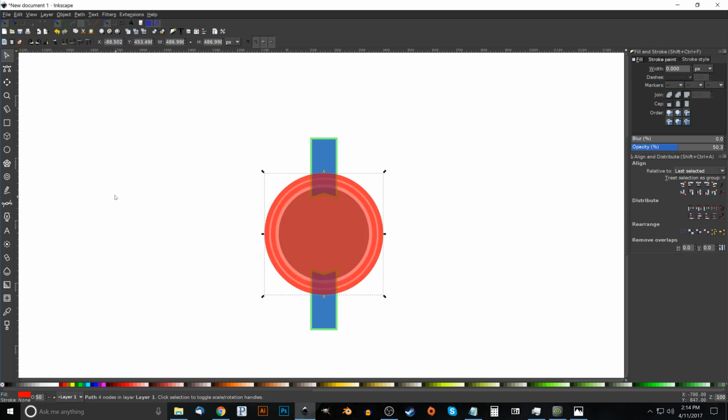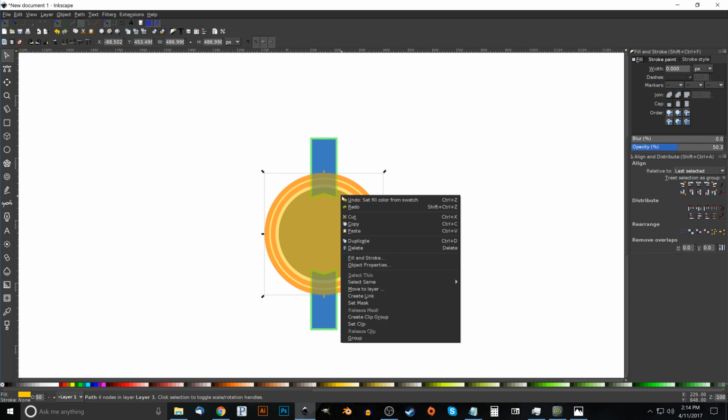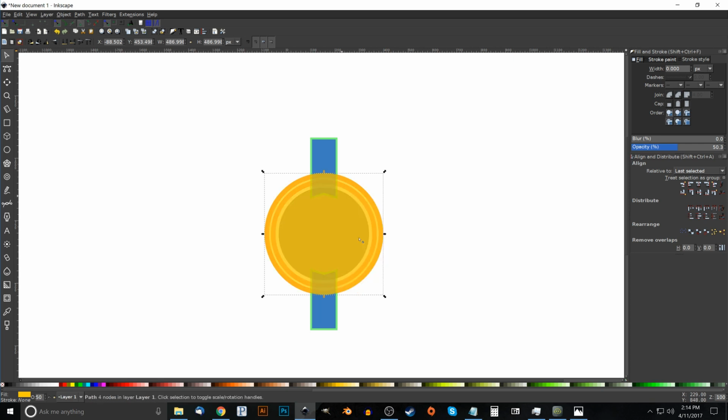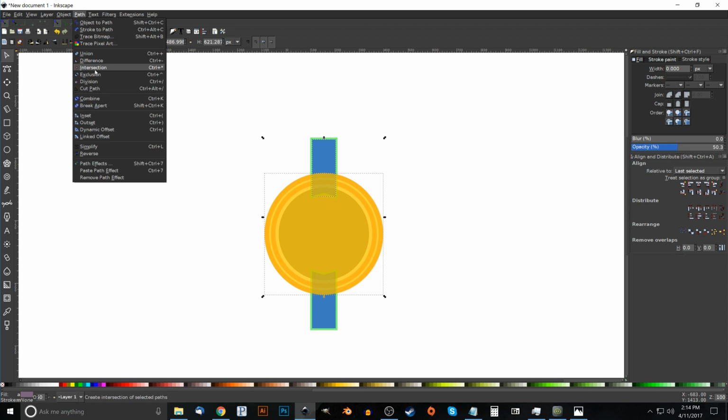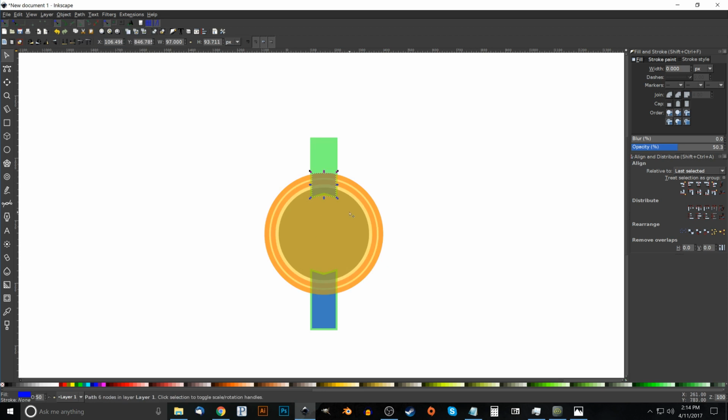And then I just want to make this one yellow now so we can differentiate it, so you can see what I'm doing here. I want to duplicate this one more time by right clicking it and going to Duplicate. So we have 2 copies of that yellow circle. And with this one selected, I'm going to hold Shift and click on this blue tab up here and go to Path, Intersection. And then I'll click on this other yellow circle, hold Shift, click on the other blue tab and go to Path,